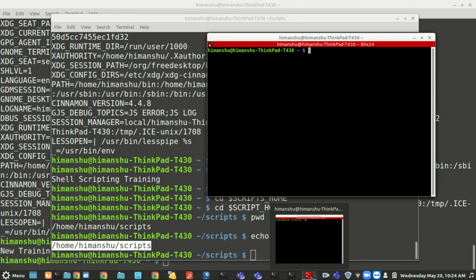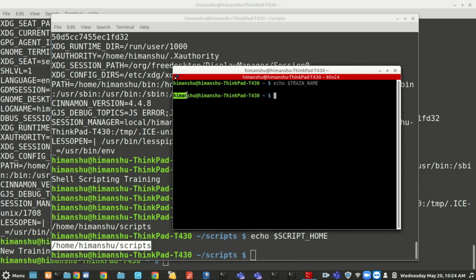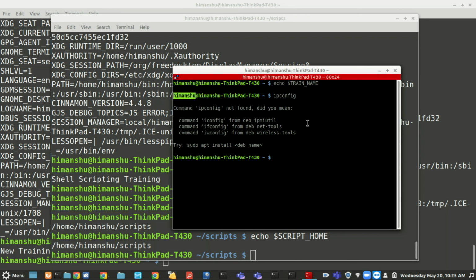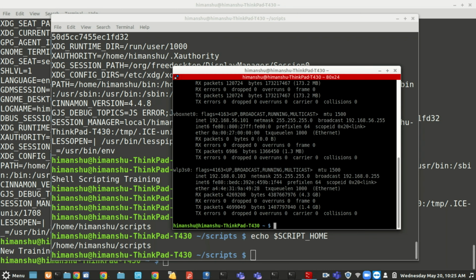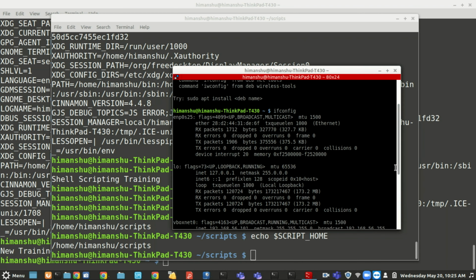Like if I have opened a new session here, right? If I go ahead and say what is my variable here, train_name. See, why is it not showing? Because in this system I am already logged in with user Himanshu. This is my Linux system, so I have to shut down and log in again so that the value is picked up, or I have to make a new SSH connection to this box. Okay, so how to make that?